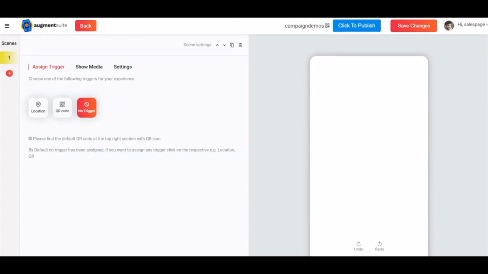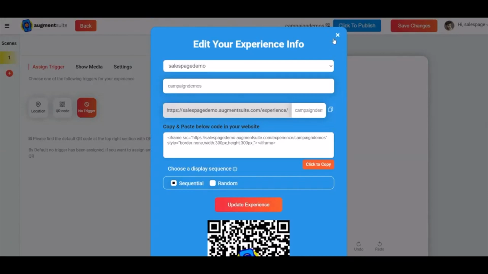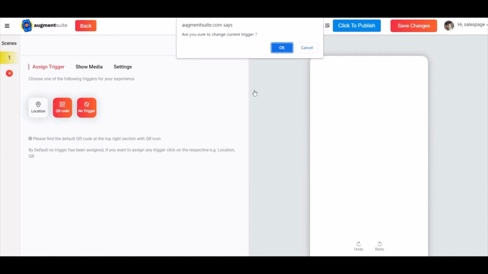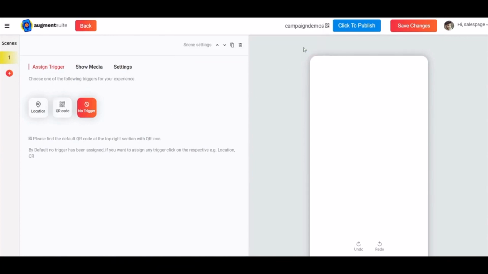Here you can find the default QR code for your experience, which you can download and use anywhere. You can also add additional layer of QR code based trigger if required and customize it here. Let's just go with the default QR code that is already available. Let us go ahead and customize the media that you need to show when the user enters this experience by